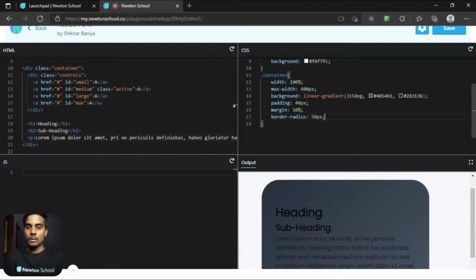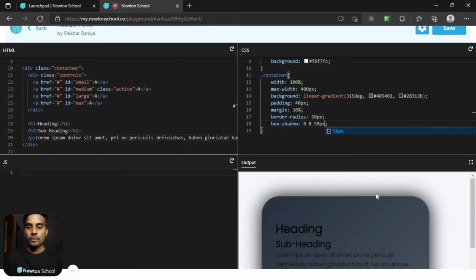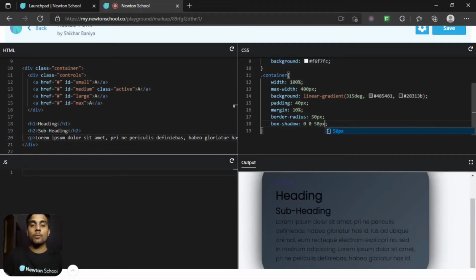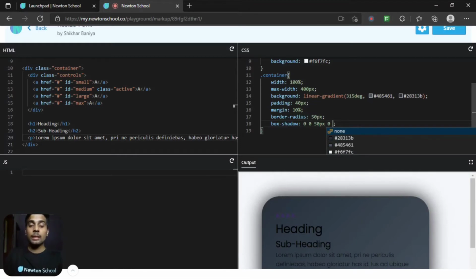Next, I want to give it a box shadow. Box shadow provides multiple parameters. First one will be horizontal distance 0, vertical distance 0, then blur value. Let me say 50 pixel. Also, I want the spread to be 0, and then it asks for the color of your shadow.